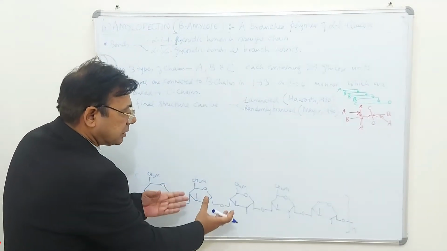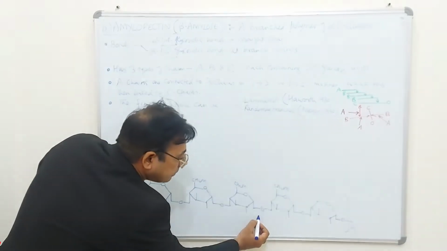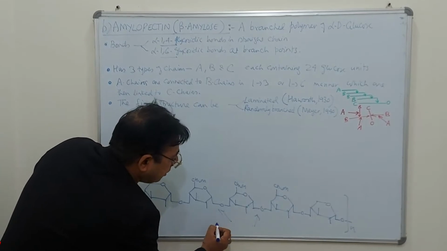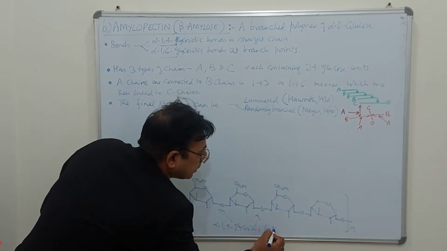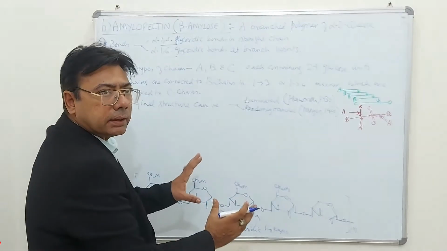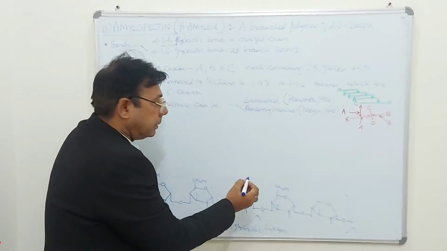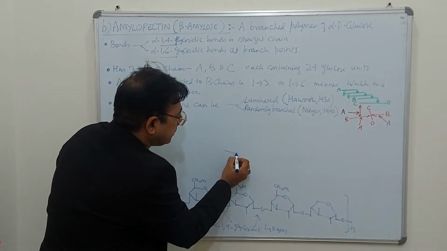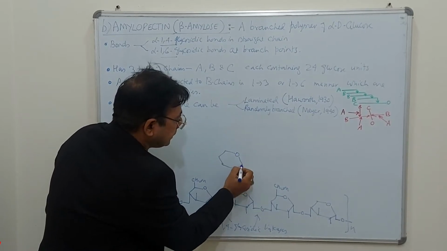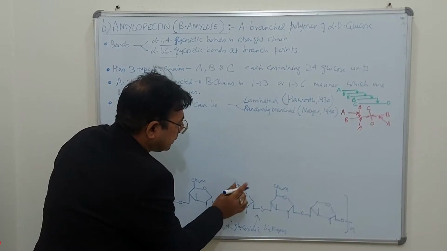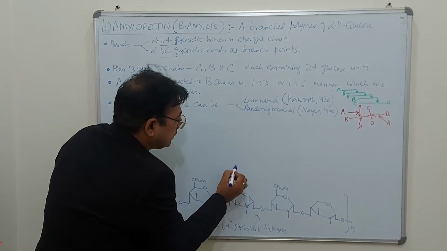So in between this chain, at certain points you have to make alpha 1,6 glycosidic bonds. See, all these bonds were alpha 1,4 glycosidic linkage. Now wherever there is a branch point, you have to make a 1,6 linkage. So for example, this is a glucose molecule, this is the 6th position, for example 1 2 3 4 5, and this is 6th position. So if you make a bond with this